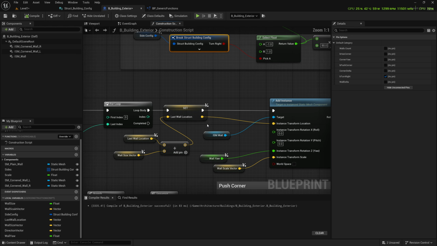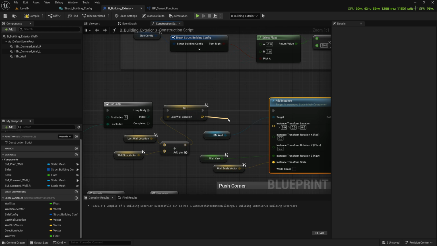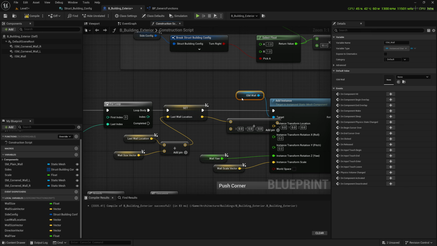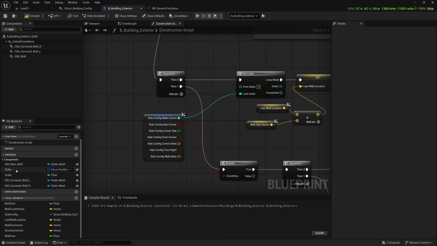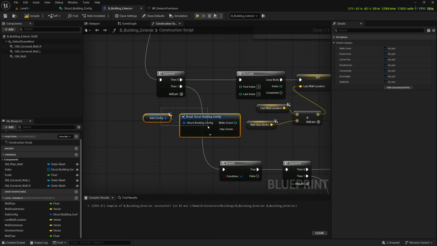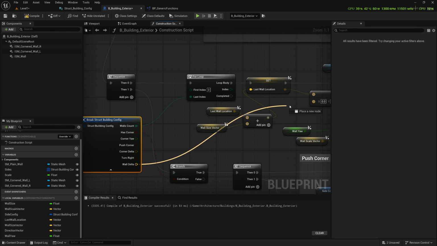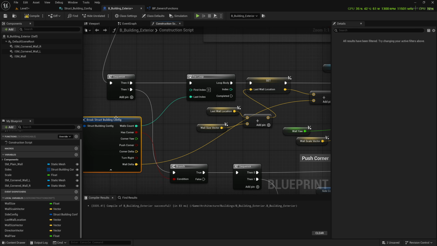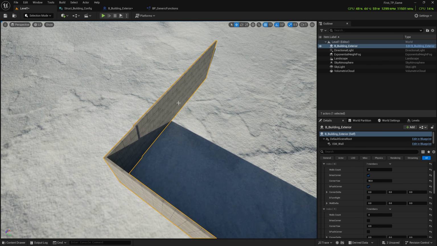Now we need to add the delta. So that delta has to be added here, right? This is our plain wall. So we will get this last location and we will add the delta that is required. So let's get the delta, and what I will do, I'll get this, break it, recombine, and I'll break. We'll say hash corner and wall count, and then this is the wall delta which is connected here. And let's hide all the unconnected pins, and we will connect this location here, compile, go back,